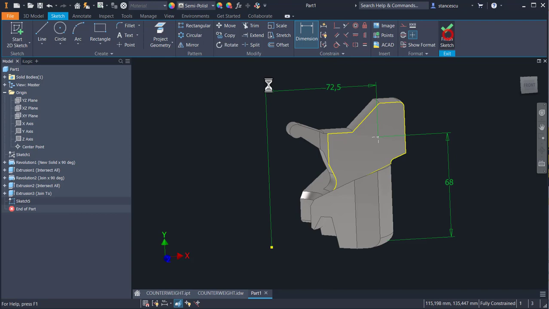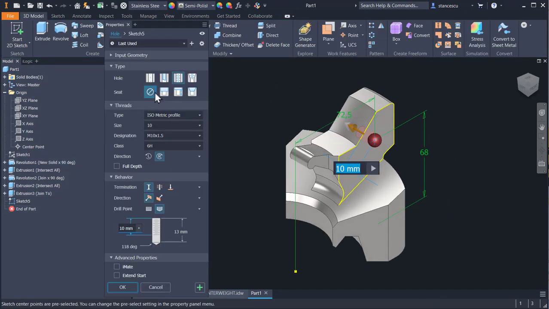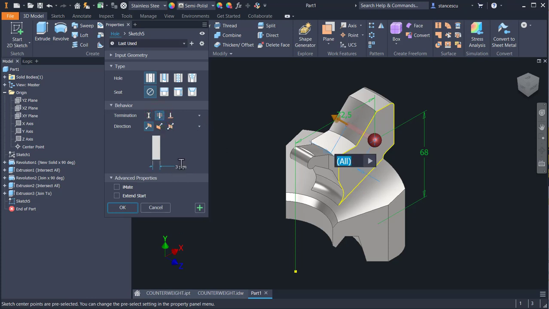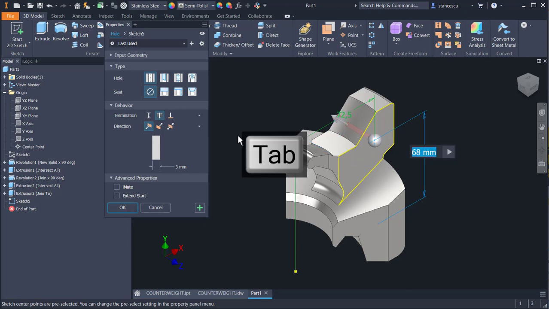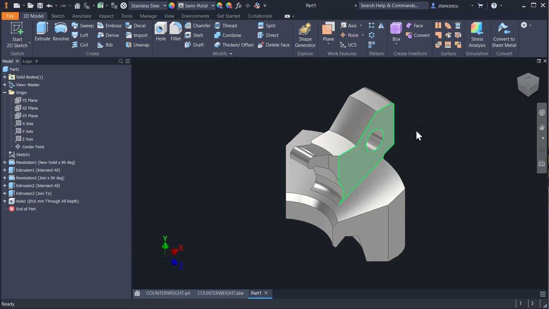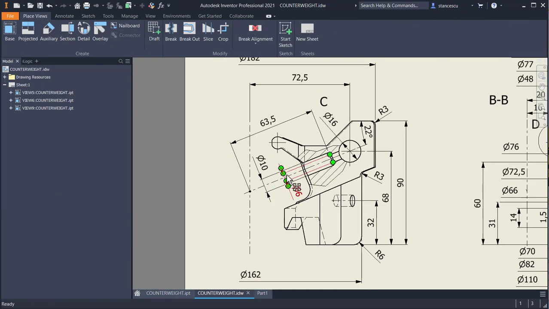We have a point. We create a hole, which is cylindrical. The point is already selected. Through, tab, tab, tab. This 3 must be changed with 16. Okay, now there is a new hole